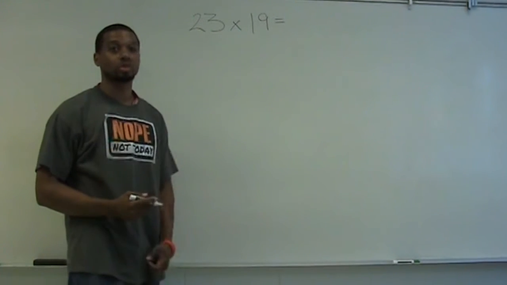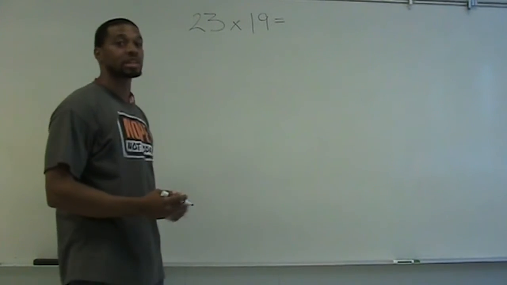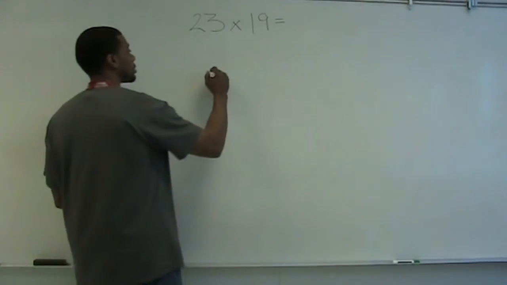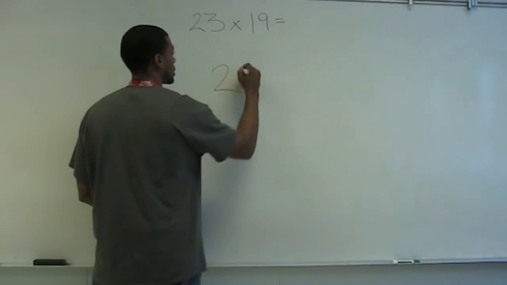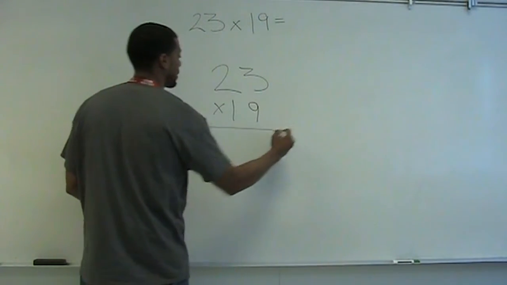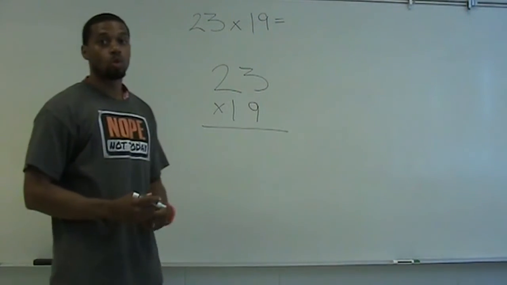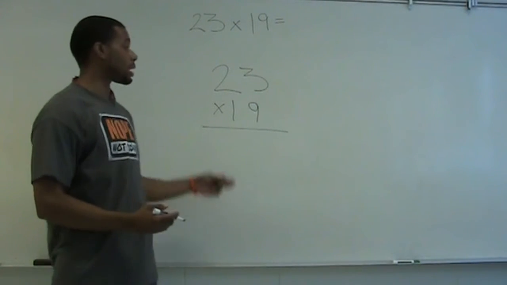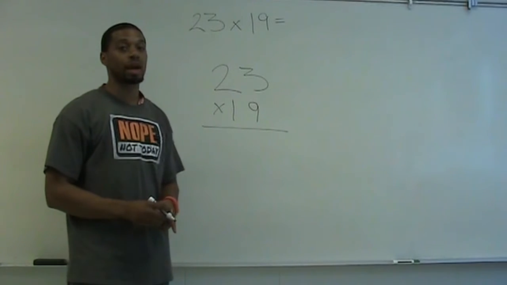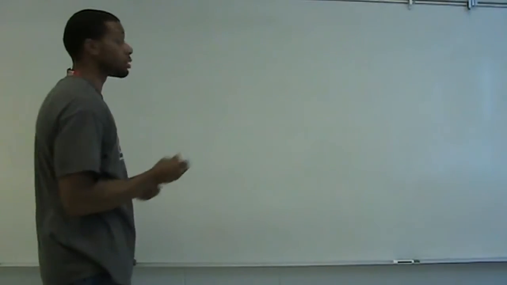The error that some students make is not in multiplication, it's actually in regrouping and doing it in a standard algorithm. A standard algorithm looks like this. What we're going to do today is show you how to multiply this 2-digit by 2-digit number without ever having to multiply a number past 9. The first thing that we're going to do